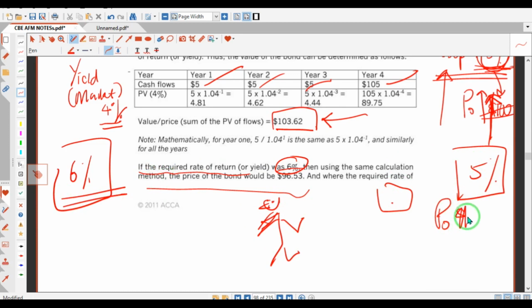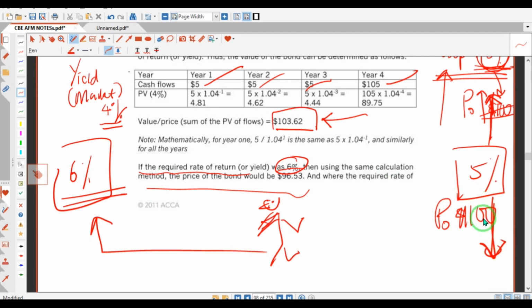If it's quoted at $100, it will start to fall because the demand for this bond is not there. Everybody is running to the market because it's giving 6. So what happens? The price will fall to attract you. While you're looking at the market, you're also looking here, and you're going to see the price start to fall